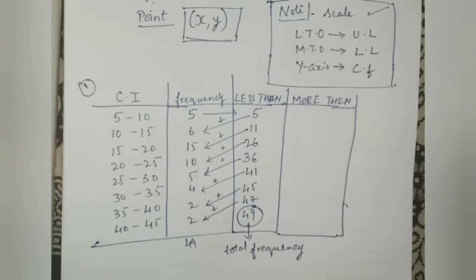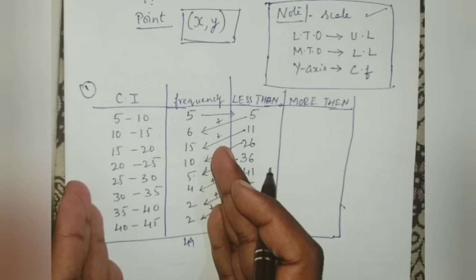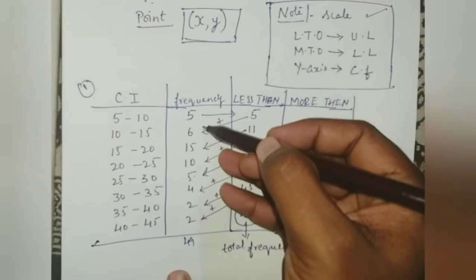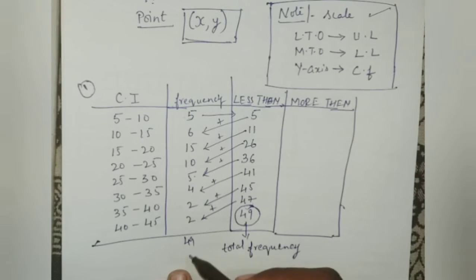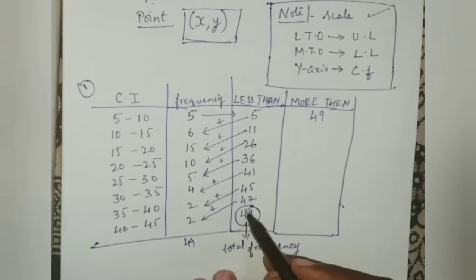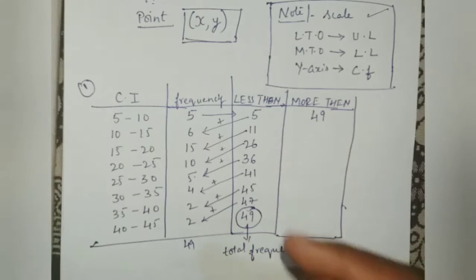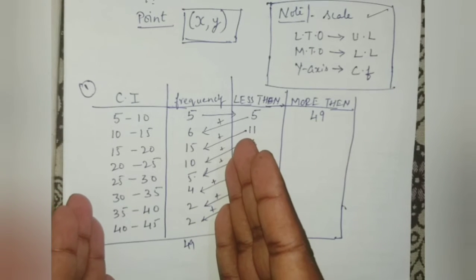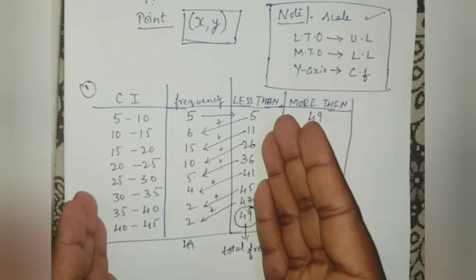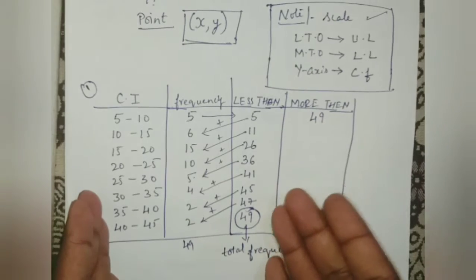Okay, suppose they give this question and tell you only to find more than. At that time you need to add these frequencies, and you will get an answer. That answer you need to write at first. Whatever last answer you got, you need to write it first. Got it, students? In exams they'll give only the question and ask only particularly about less than. Then you only need to find the less than graph. That time it's very easy, you can find the less than graph.